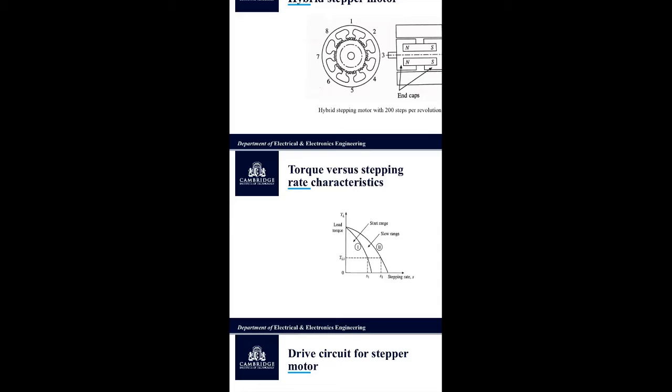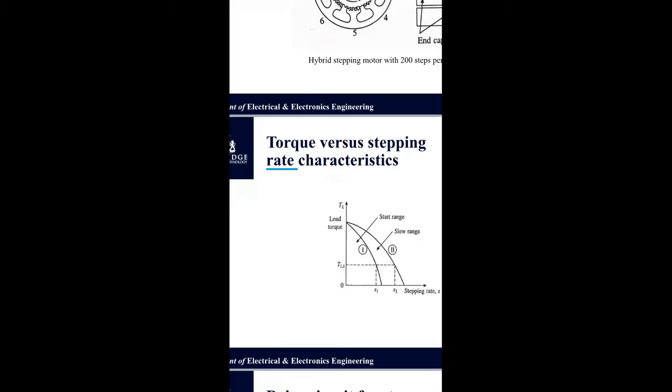These are important to know the operation of stepper motor. As the stepping rate is increased, the rotor has less time available to drive the load from one position to the next. Beyond a certain pulsing rate, a rotor cannot follow the command and begins to miss the pulses. If the values of load torque and pulsating rate are such that the point of operation lies to the left of curve 1 as shown in the figure.